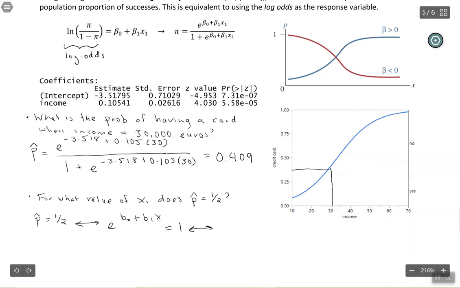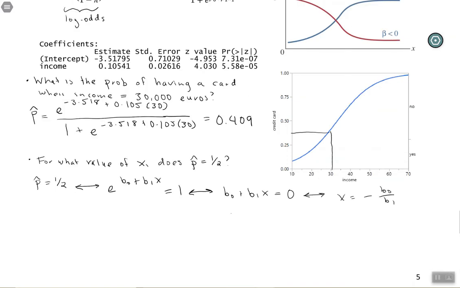Okay, so remember, anything to the 0 power is equal to 1, so we're going to set the exponent equal to 0. And then we just have to rearrange that expression, and we get x equals negative b0 over b1. So we can plug in our values from the output and get that the predicted probability of having a card